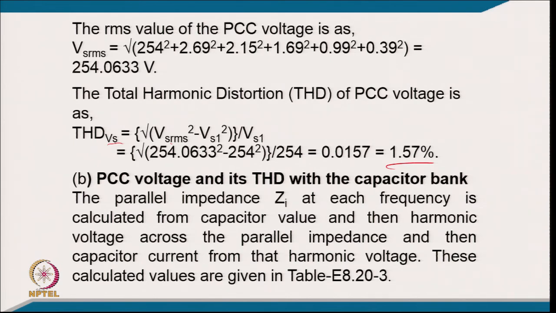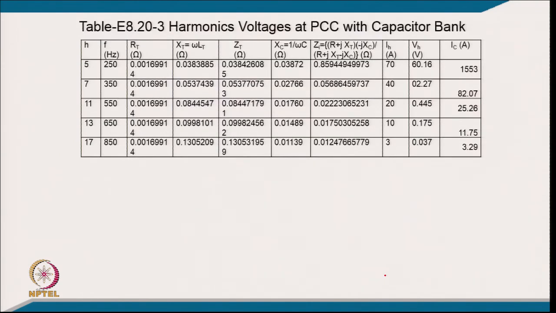So, now parallel impedance Z at each frequency is calculated from the capacitor value, and then harmonic voltage across the parallel impedance, and then capacitor current from that harmonic voltage. So, these are calculated and given in the table. So, now you can see harmonic order, harmonic frequency, the resistance, reactance, total reactance of the circuit, resistance and all